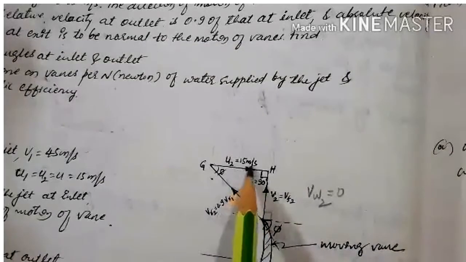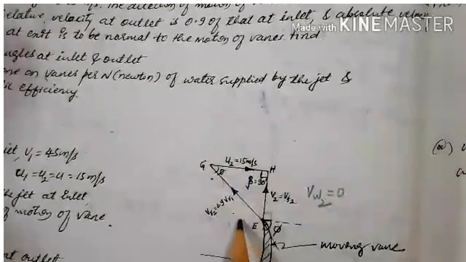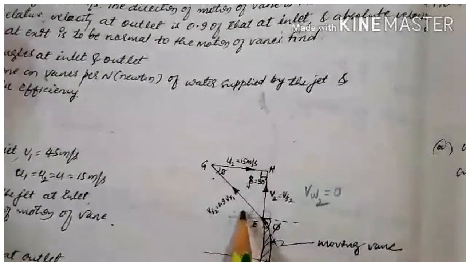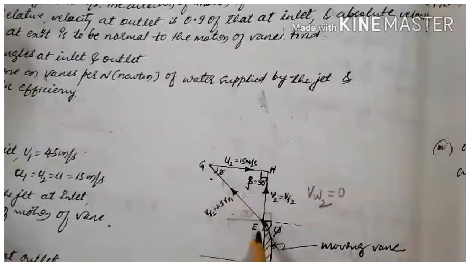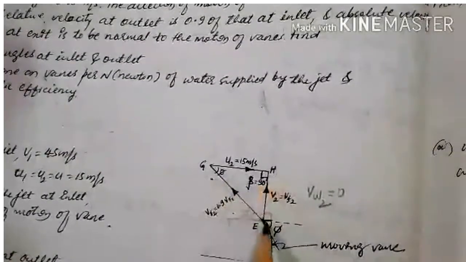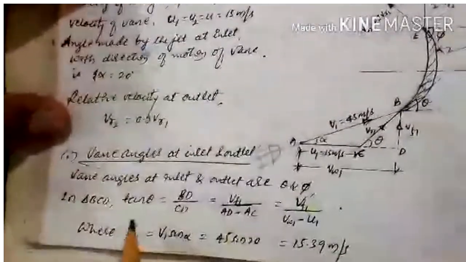U1 equal to U2 equal to 15 meter per second. And this is pi. This is also pi. Then let us name the triangle EGH. Okay, so once you draw the velocity triangle at inlet and outlet, then you can easily calculate the vane angles